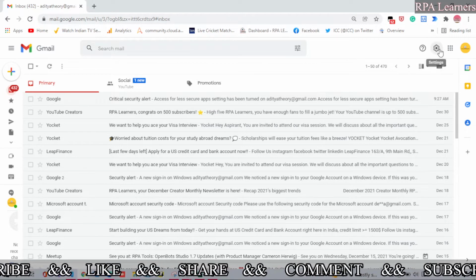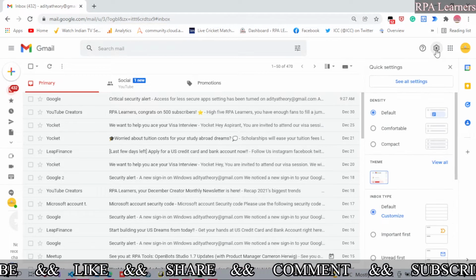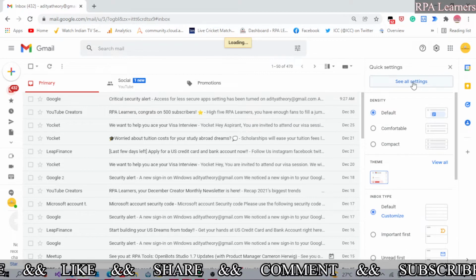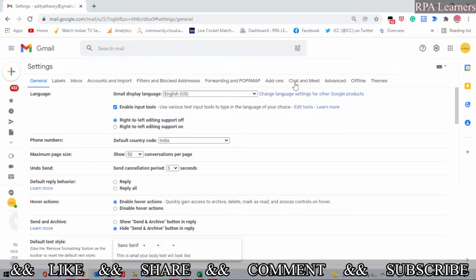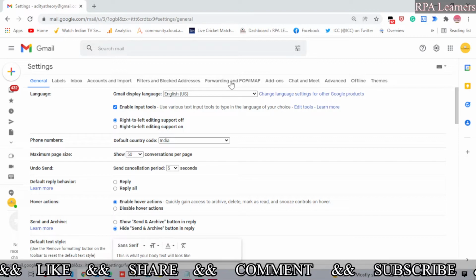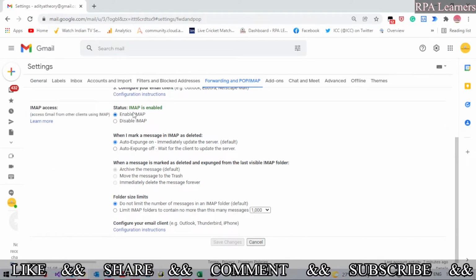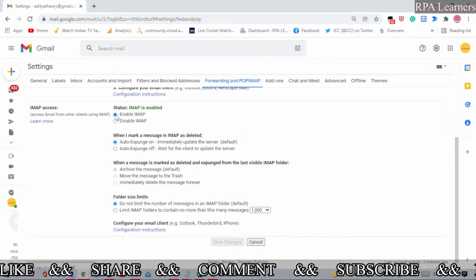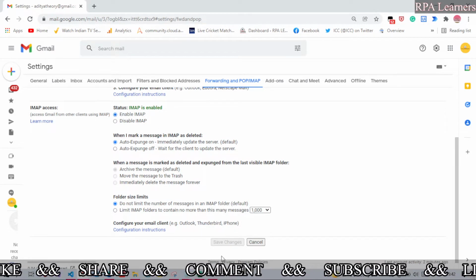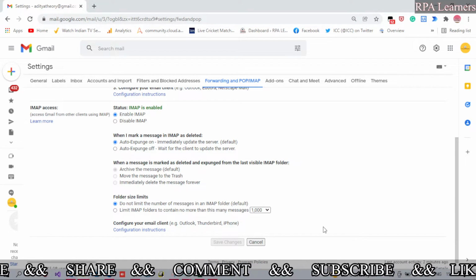Click on the settings option, then see all settings, and there is an option called forwarding and POP/IMAP. If you click on that, you need to enable IMAP.